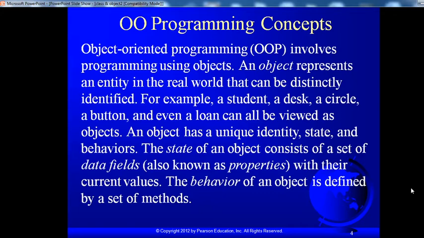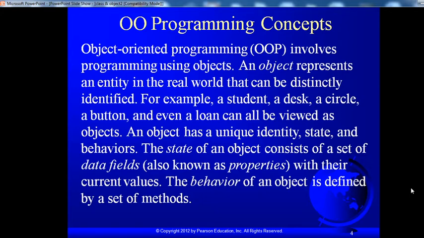An object has a unique identity, state and behaviors. State and behavior are the important parts of classes and objects. What is state?